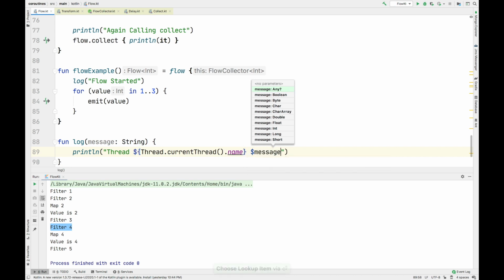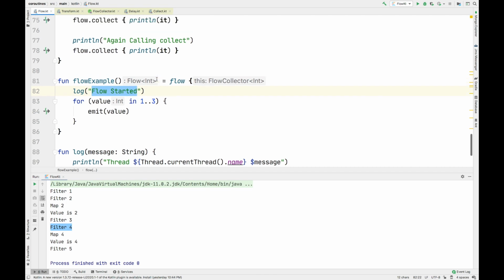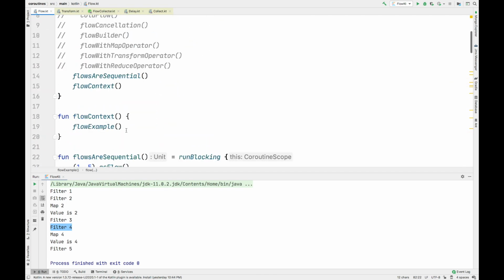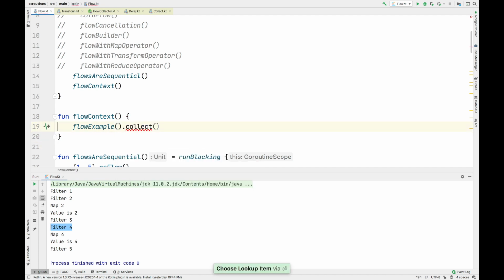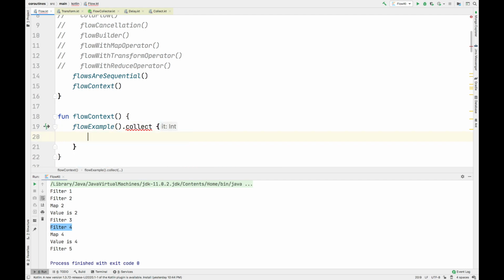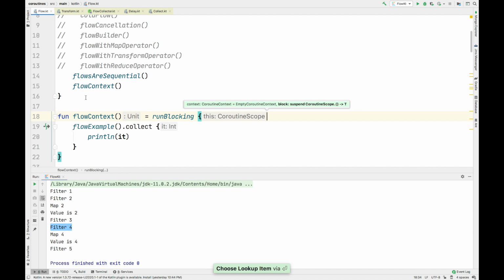So our log function is ready. I'll pass this function so that we can know on which thread it is running. And then here I'll call the collect method, inside which I'll print the elements. Here I'll need to put runBlocking. So let's run this example and see the output.